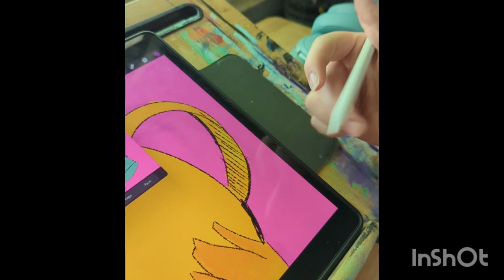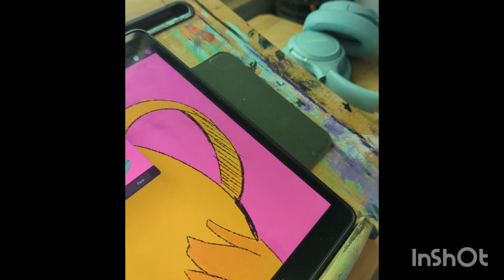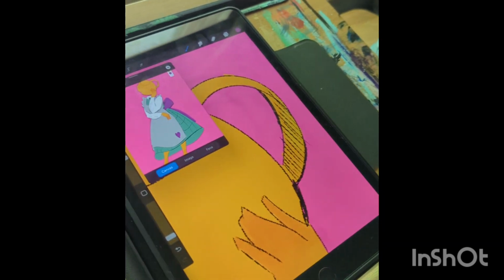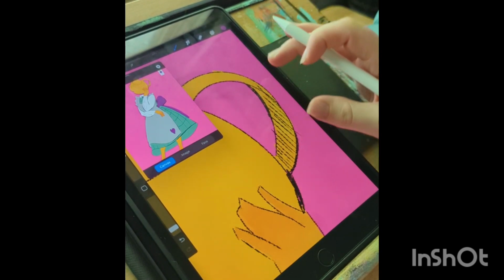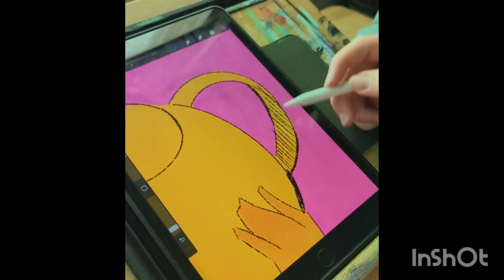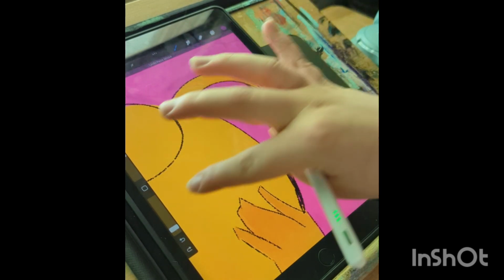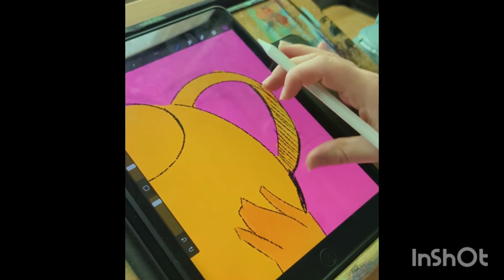Oh, that's why it's not working. Okay. Whoops. You do not have a good view of this. All right, so boom. Fixed. All right. So let's go ahead and start working on this thing.